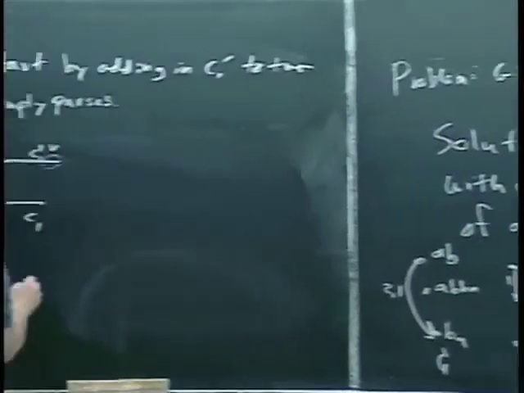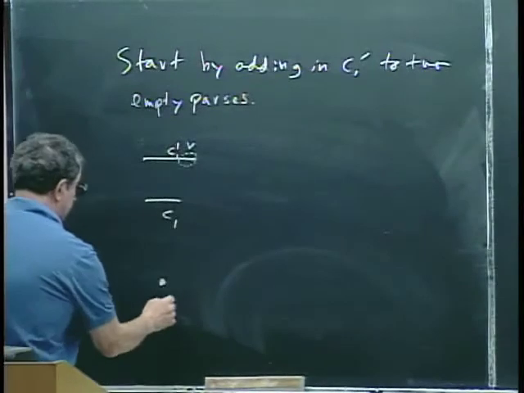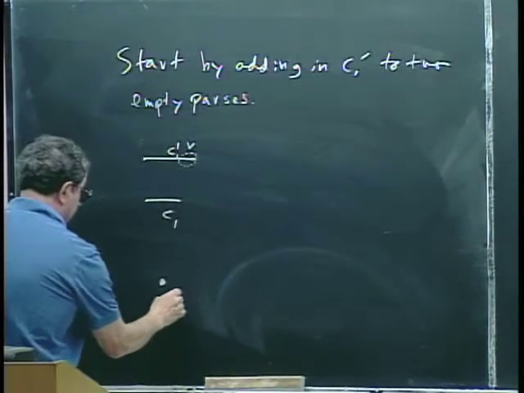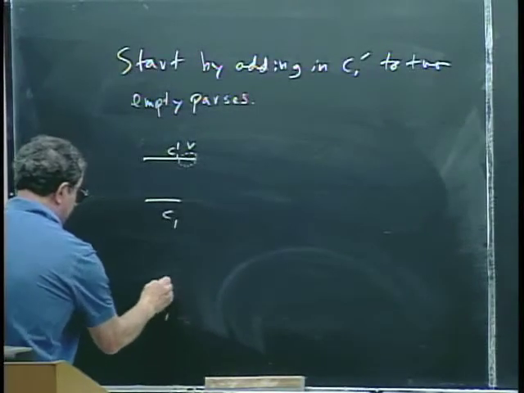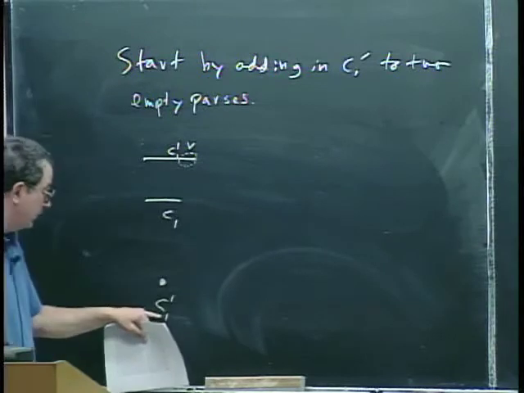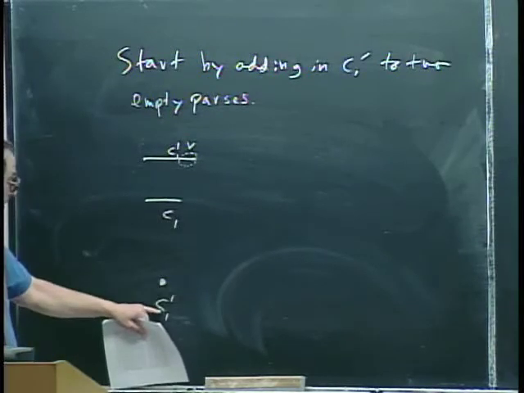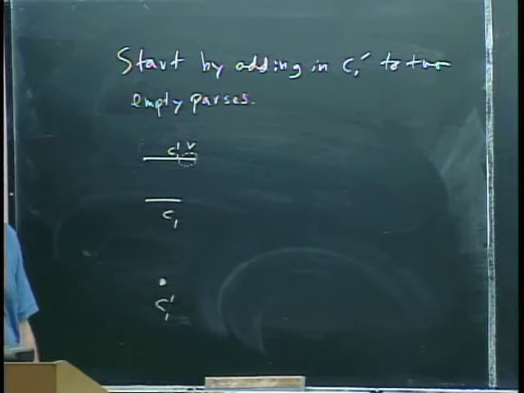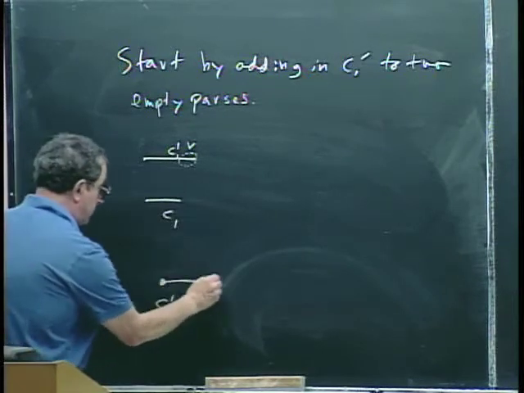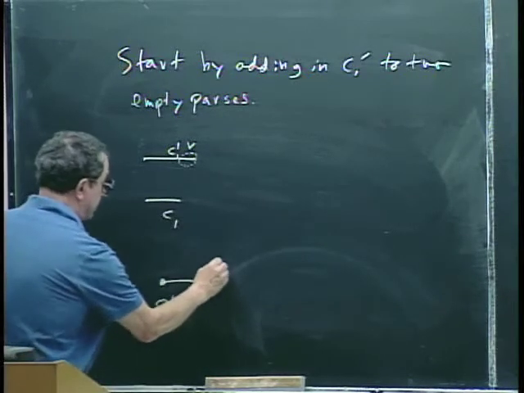So let's see if this works. If I consider the node that represents the code word C1 prime, and maybe I want it to go to V,